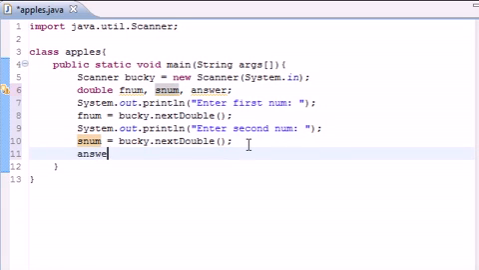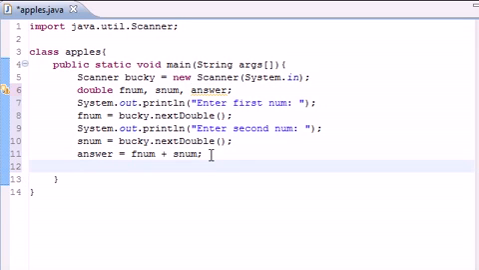So go ahead and write answer equals, and you're going to want to write fnum plus snum, and now whatever number fnum and snum add up to is going to be stored in answer. Now it's stored in there, but we need a way to output it to the screen to see what it was. So let's go ahead and write